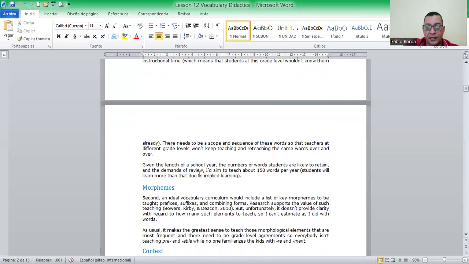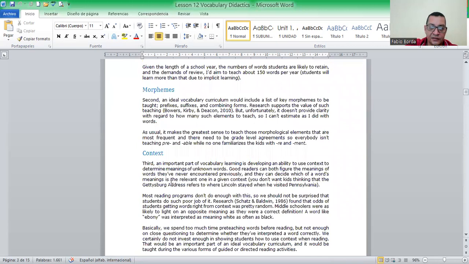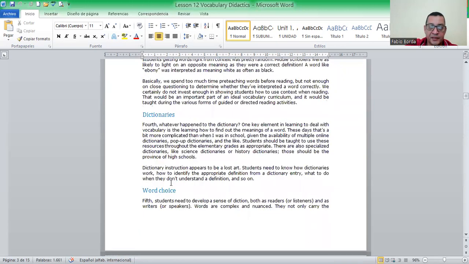Given the length of the school year, the number of words students are likely to retain, and the demands of review, I aim for about 150 words per year. A student will learn more than that due to implicit learning. You will have the opportunity to read more things, and context and dictionaries are very important in order to